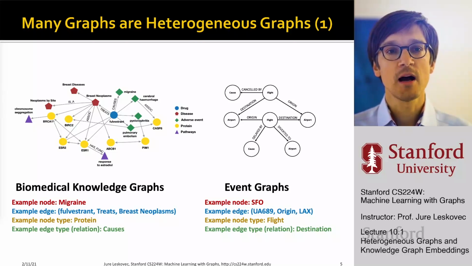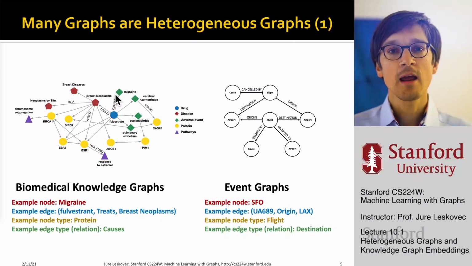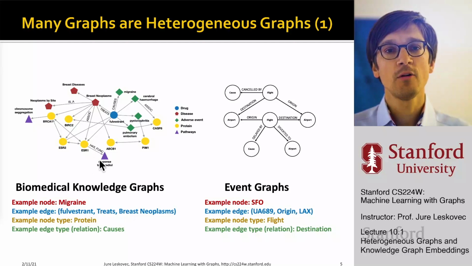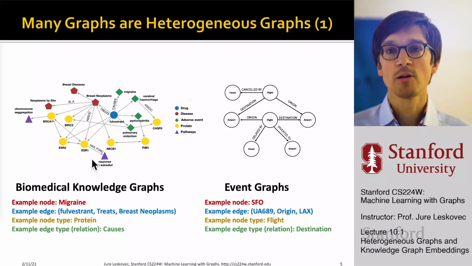An example of a node here could be the disease migraine. And then I also have different edges. For example, a particular drug treats a particular disease. And then I can have different types of relations between them, like causes and so on and so forth. So that is one example of a heterogeneous graph with different types of entities and different types of